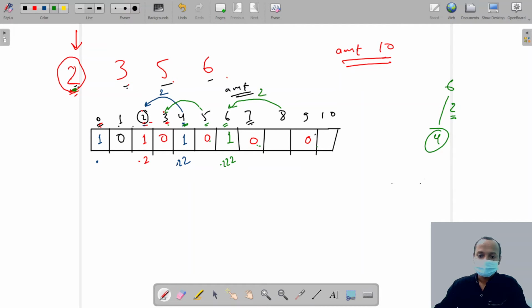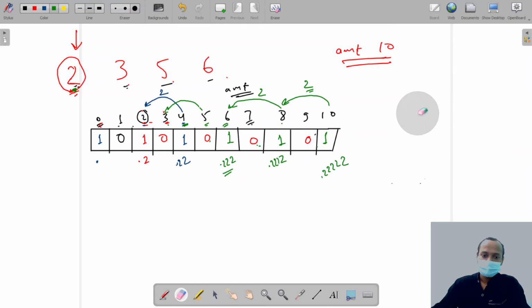Okay, now talk about this. We are using 2 rupees coin, and we see, is there a way to pay 6 rupees? Yes, there is the way, that is 0.222. Then we add 2, so there is a way to pay 8 rupees. Okay, similarly, we are using 2 rupees coin. The way is what? 0.22222. We add this now. Okay, so there is one way to pay this. Okay, I know you don't get it. Patience.